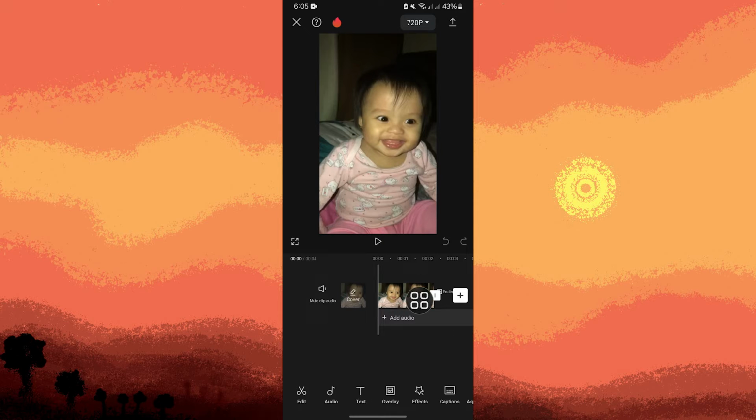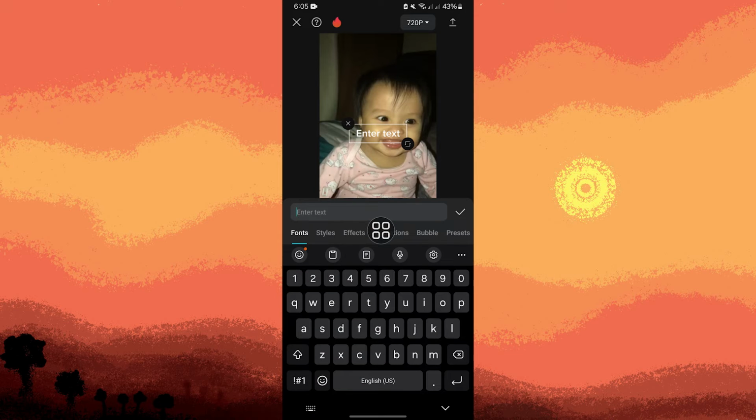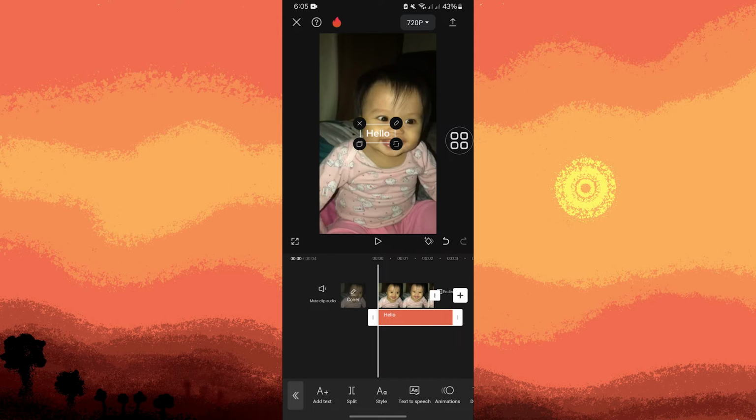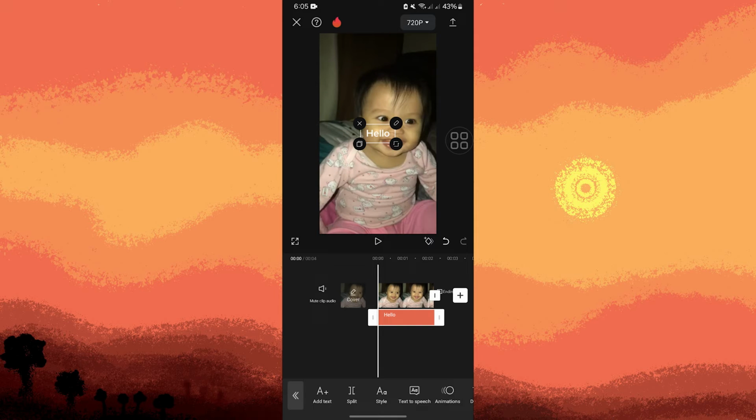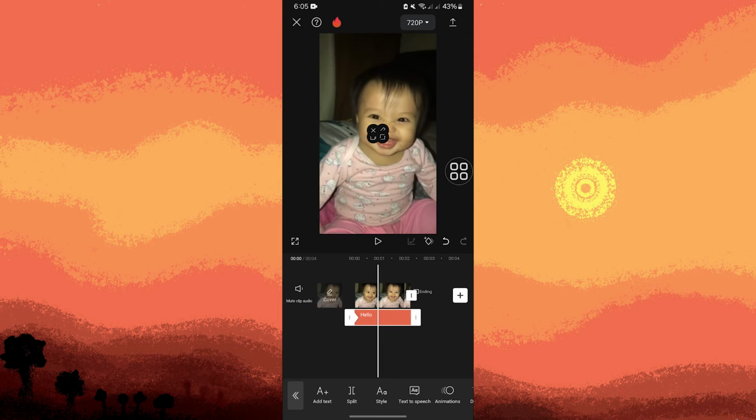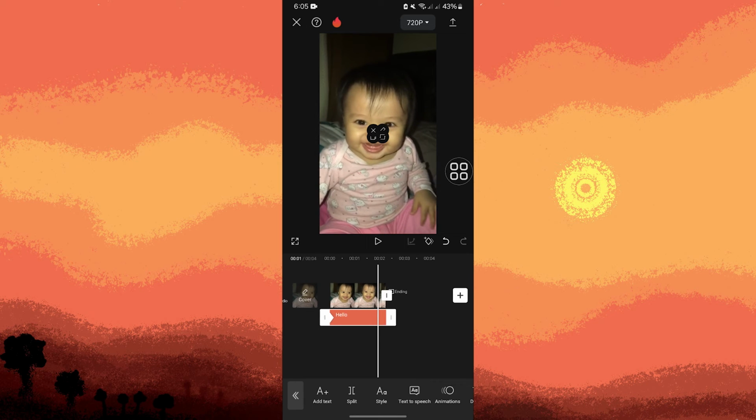Now go to the text, go to Add Text, type in your preferred word, for example hello, then tap on the check button. Now adjust the keyframes to the end of the video, then make the text smaller until you can't see it. Then tap on the Add keyframe, expand the video clip,